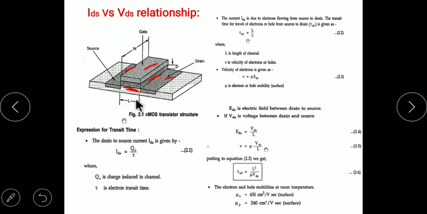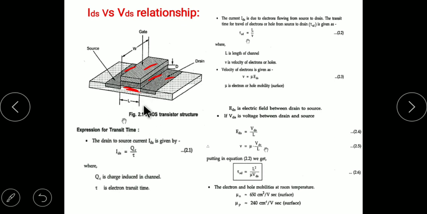So this transistor is useful whenever current flows from source to drain, that is whenever electrons flow from source to drain, conduction takes place, otherwise it is useless. To make conduction you should apply gate voltage, that is a positive gate voltage, then the channel will be established between the source and drain. After that you have to apply drain to source voltage, then there is an external force on these electrons, hence they can move from source to drain region through this channel, hence the current ID or IDS.